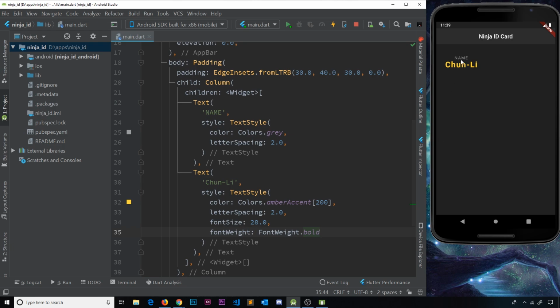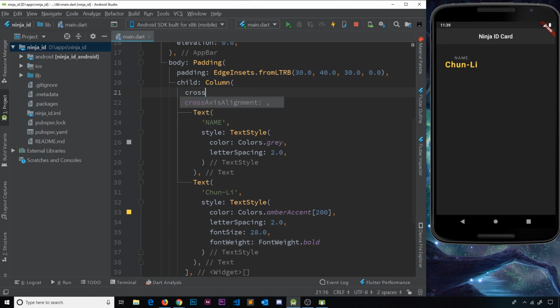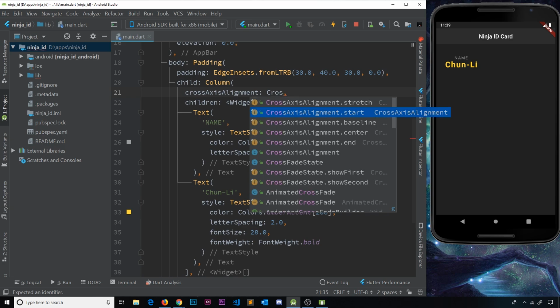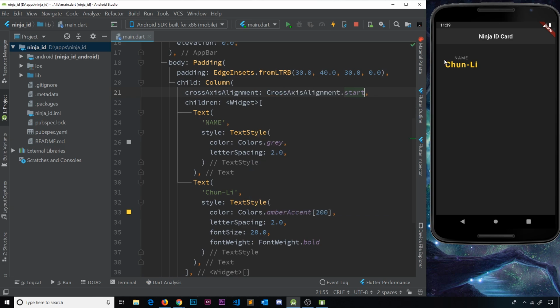Now, at the minute, inside this column, these things are quite central to each other. So what I want to do is align everything to the left over here. So we've seen how to do something like that. Now, remember, when we're working with columns, the main axis is going down and the cross axis is horizontal. What we want to do is address the cross axis because we want to line everything up to the left over here. So what we have to do is come to the column over here, and we're going to say cross axis alignment, and we're going to use the start property, which means align everything to the start over here. So if I save that,